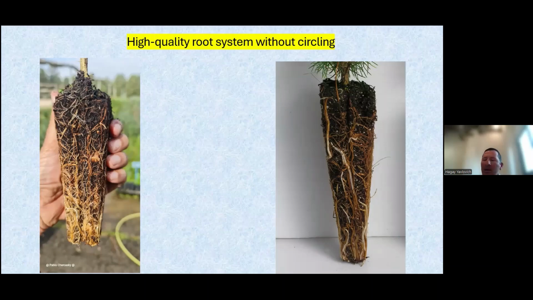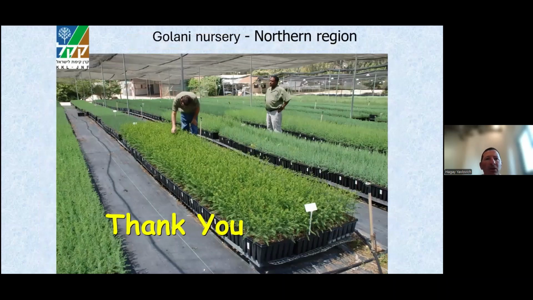tree, and after 5, 6, 10 years, the tree dies from reasons you will not know. In many times it's because of problems in the roots that you had the option to prevent, if the root system was built in a good way. So if you have a good container and you have a good root system, you start with building a good sprout and a good tree. That's all.